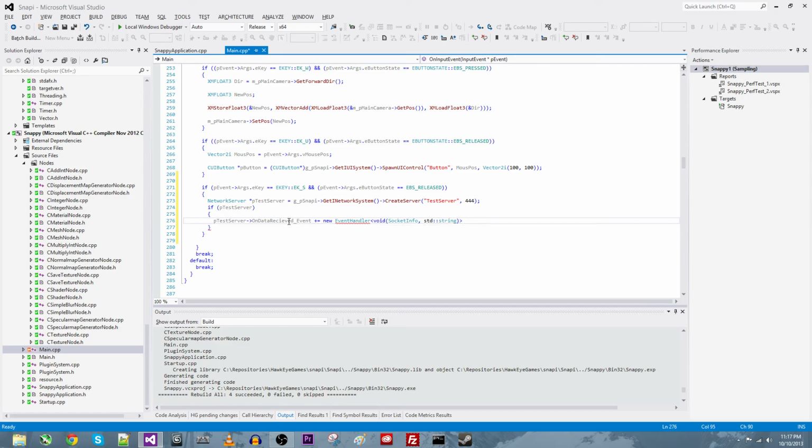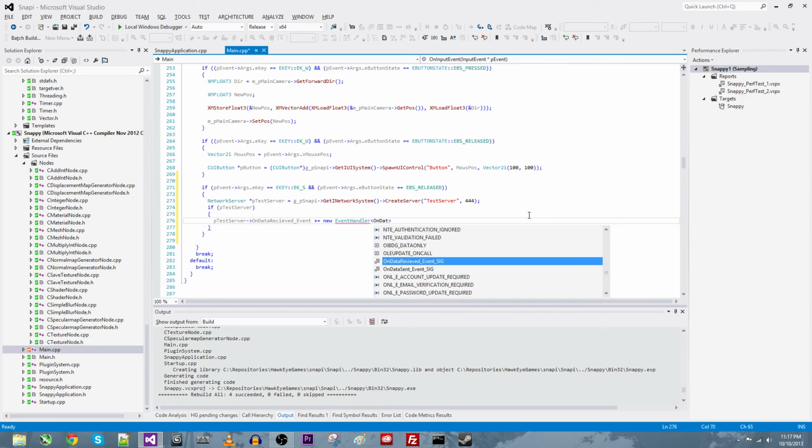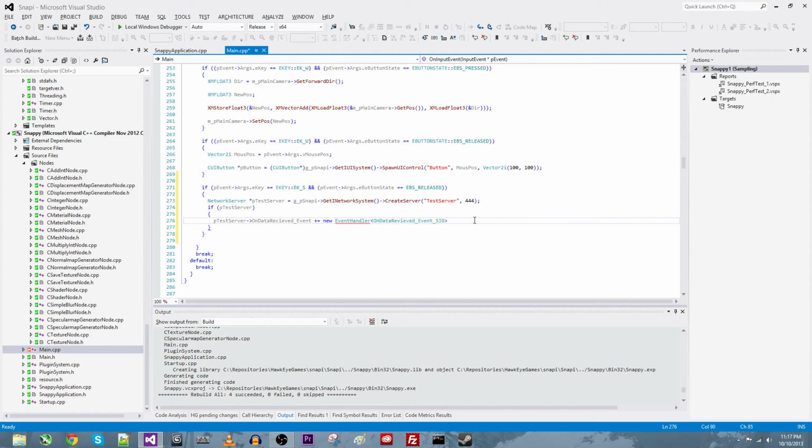I mean, that would work, but if you have very many parameters like some of these events do, you're just going to want to use that typedef here. So on data received event sig. There we go. Much simpler. Once we've done that, we'll open up, and the first parameter we need to type is the event,